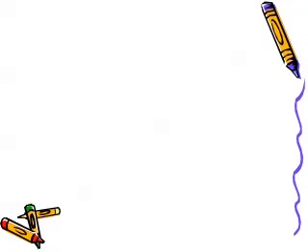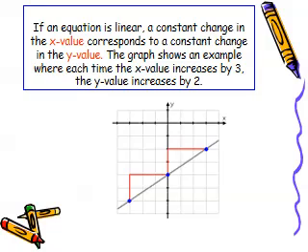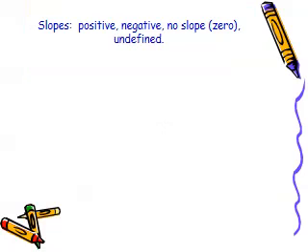So let's put some of those ideas together. If an equation is linear, constant change in x corresponds to a constant change in y. So those graphs showed an example that any 2 points we picked, we should get the same ratio of changes here. So if we pick 2 points here, we get up 2 over 3. Another 2 points, we get up 2 over 3. The slopes,